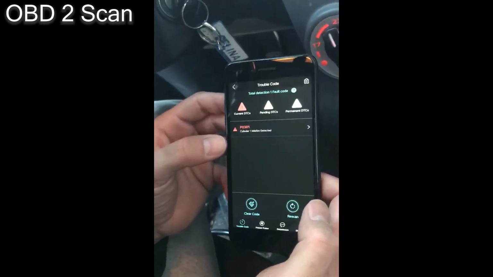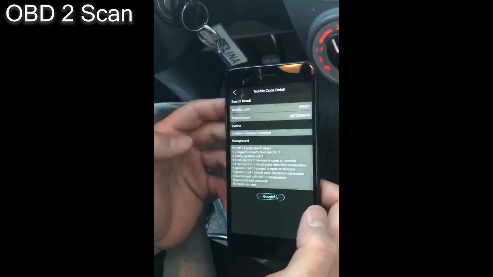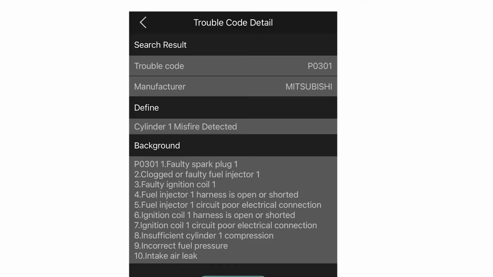But what does that actually mean? It means that I have detected a misfire in cylinder 1, and that could be due to the spark plug.